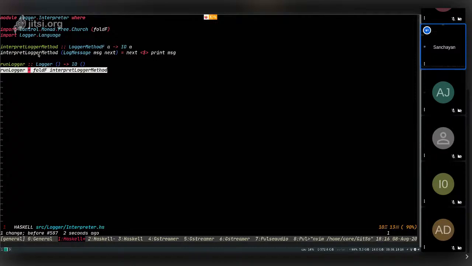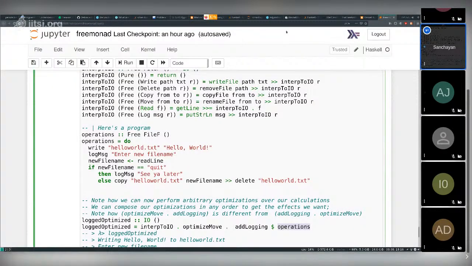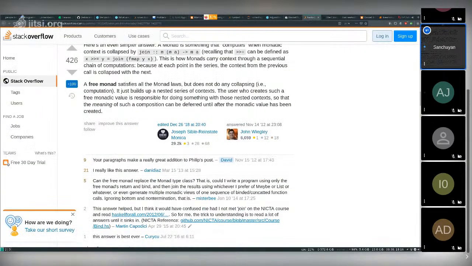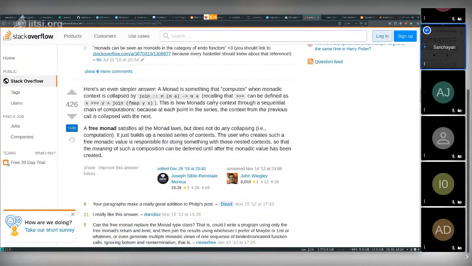Now, there is a very good answer on Stack Overflow on how to understand a free monad, given by John Bingley. If we look at the monad, a monad is something that computes when monadic context is collapsed by join. Recalling that the monadic bind is defined as fmap and join, this is how monads carry context through a sequential chain of computations, because at each point in the series the context from the previous call is collapsed with the next. In a free monad,